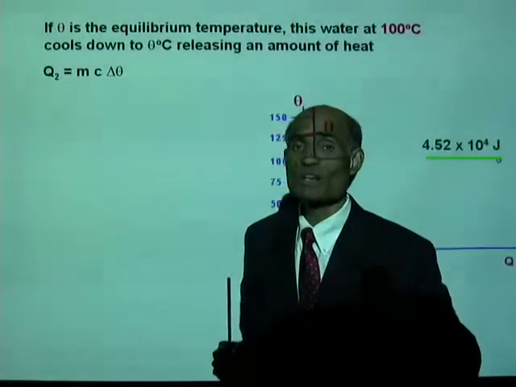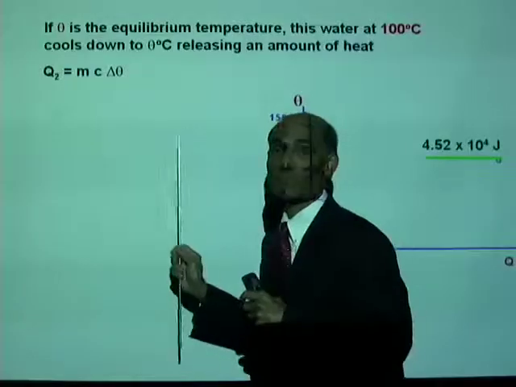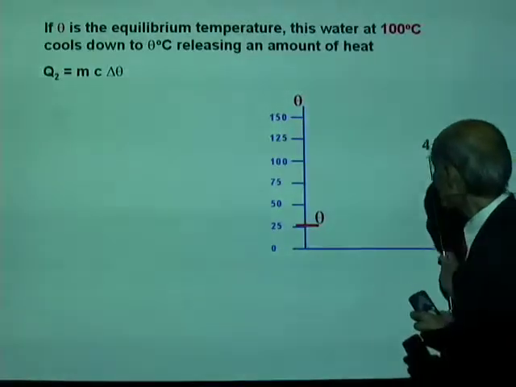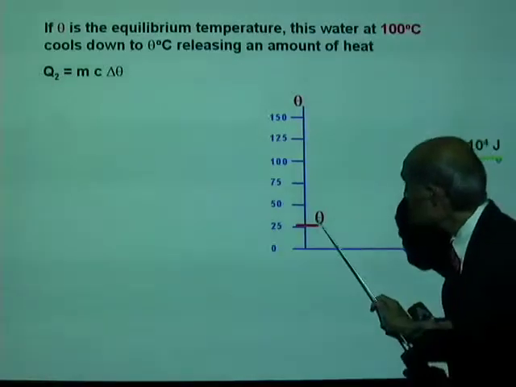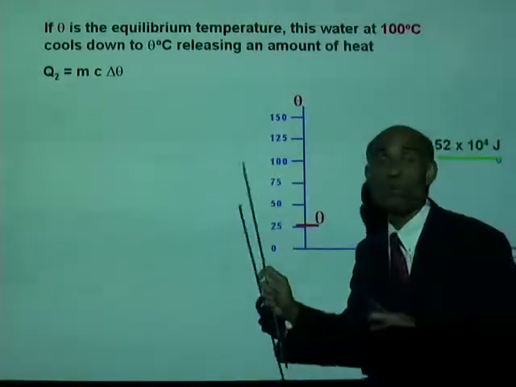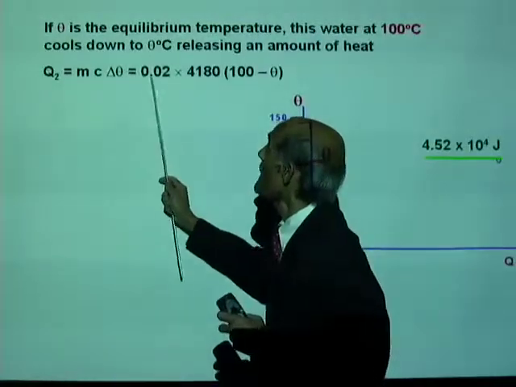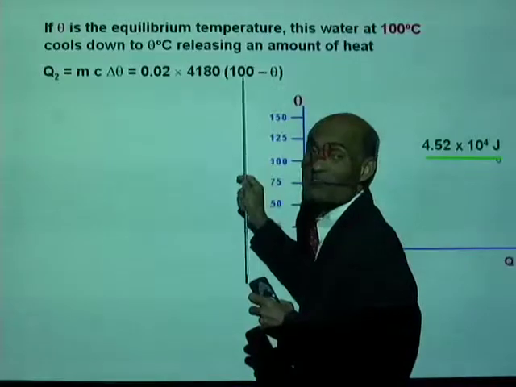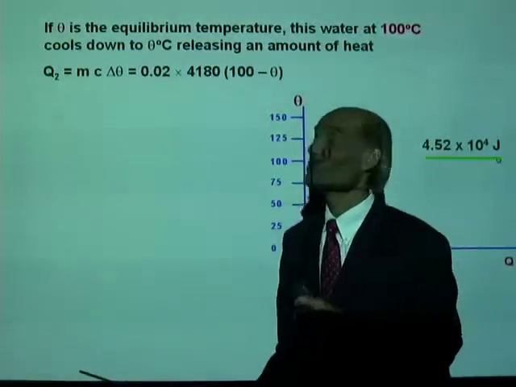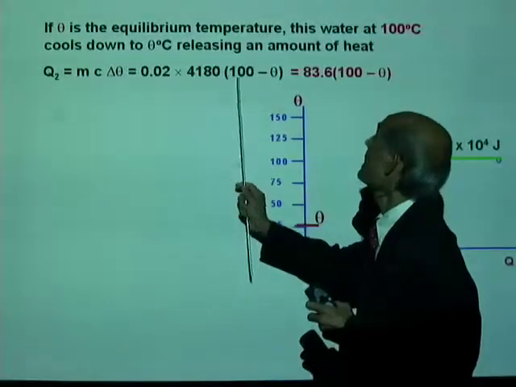4,180 joules per kilogram per Kelvin. What is the change in temperature here? The temperature is changed from 100 degrees Celsius to theta, so that will be 100 minus theta. So that will be mass times specific heat times the change in temperature, 100 minus theta, and I calculated that as